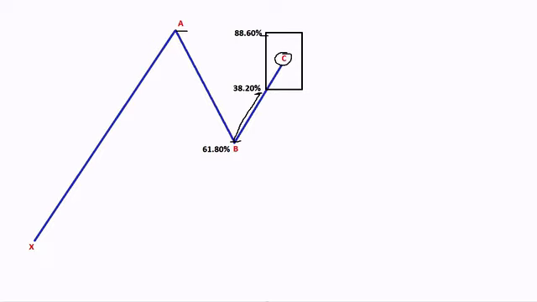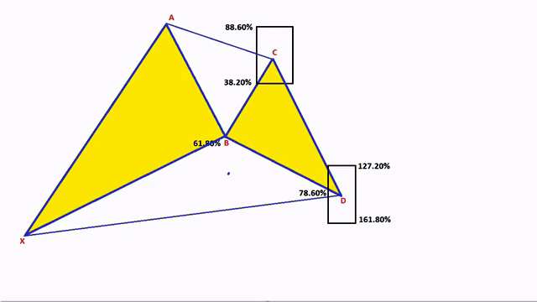When looking at the Gartley pattern, the next leg down creates the ABCD leg that completes the ABCD pattern, while the Gartley pattern is the most important. The XAB is 618, so XAB is your 618. The ABC is 38 to 88%. Then the BCD